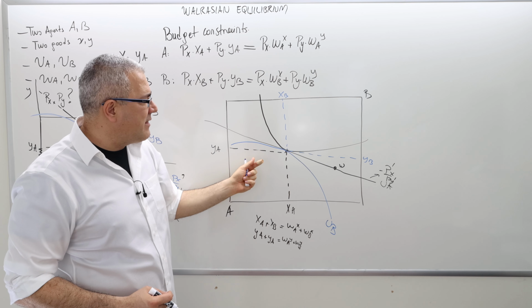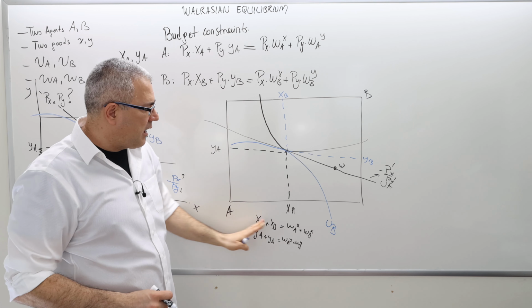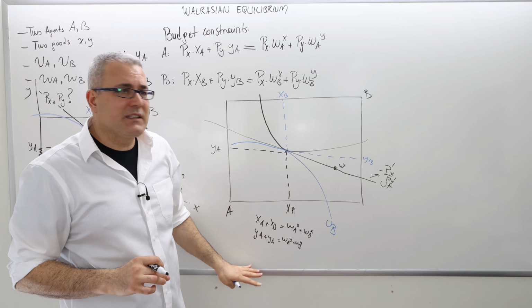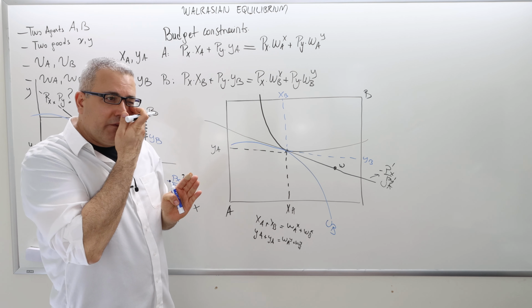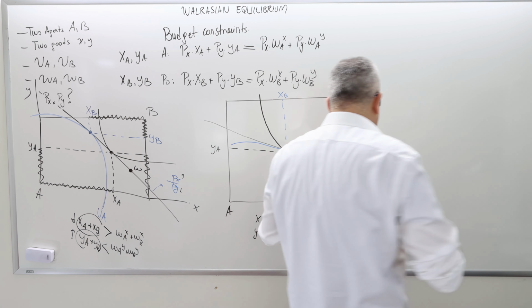And the aggregate optimal demands are equal to the aggregate supply, so the market clears. I will solve a numerical example in the next video, but let me just conclude this video by saying